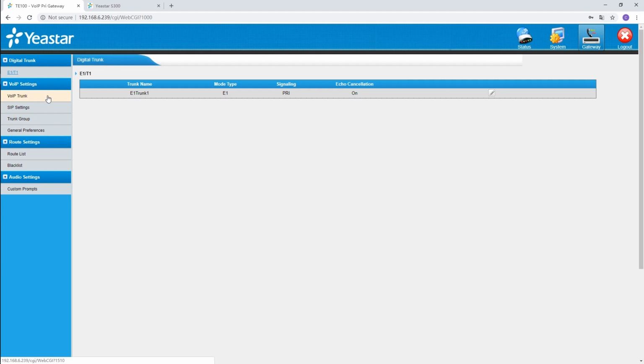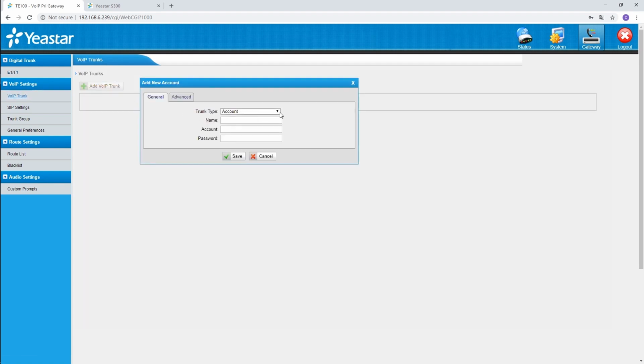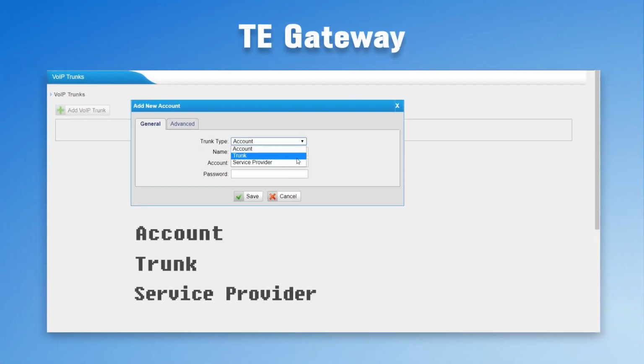Then, we turn to the TE gateway side. Go click on Gateway, create a trunk. Here we have three options: Account, Trunk, and Service Provider. They will apply to different scenarios. When integrating S-Series PBX and a gateway via the internet, if a static public IP or DNS service is available for the gateway, yet unavailable for the PBX, we can open an account on the gateway for the PBX registration